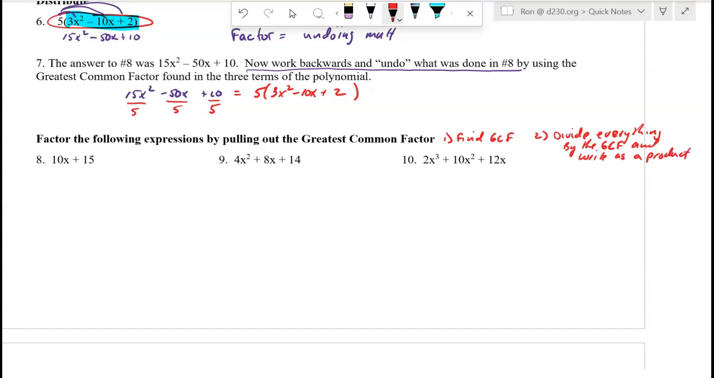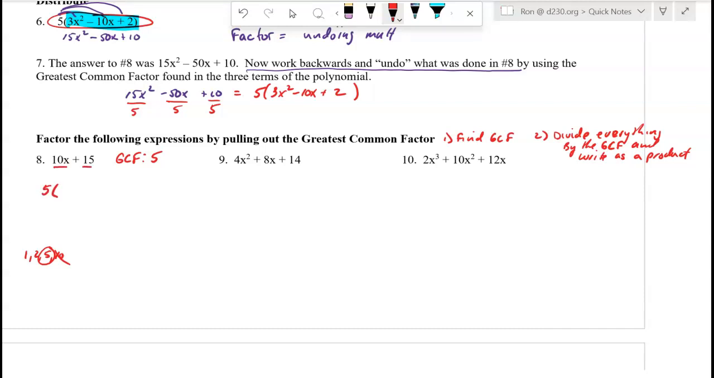If I look at number 8, what would the GCF be here? Well, if I look at the factors of 10, right? Factors of 10 are 1, 2, 5, and 10. What's the largest number out of this list of factors that go into 15? 10 doesn't, but 5 does. So 5 is part of my GCF. Both terms do not have an x, so 5 is my GCF. So I pull the 5 out,